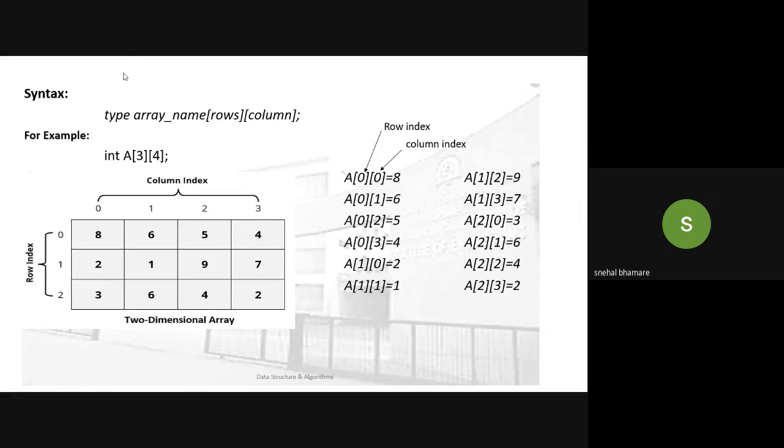That means what type of value the array is going to store. If it is going to store an integer value, then it will be int.